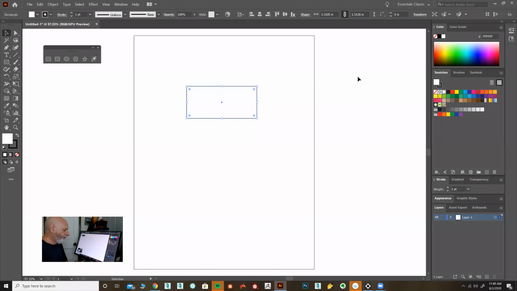Okay, let's look at using colors in Illustrator. So I have this rectangle that I've created. When you change the colors on an object, first you want to have it selected, of course. And to see the colors of the object, or to know what they are, you look down the bottom